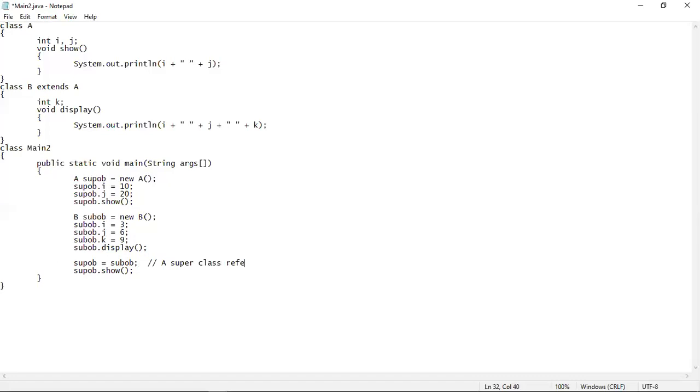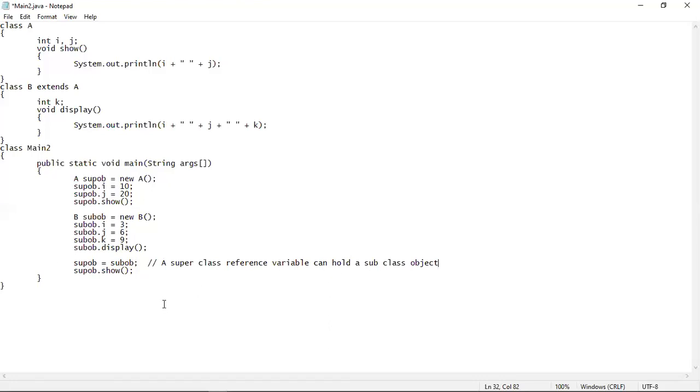Superclass reference variable. Here you can see that sup ob is the superclass reference variable which can hold the subclass object being pointed to by the subclass reference variable sub ob. So here a superclass reference variable can hold a subclass object.